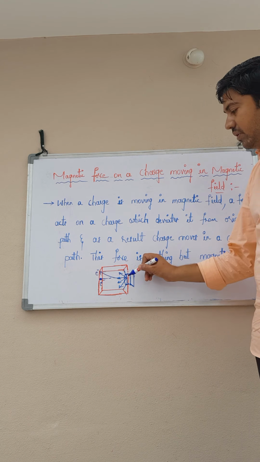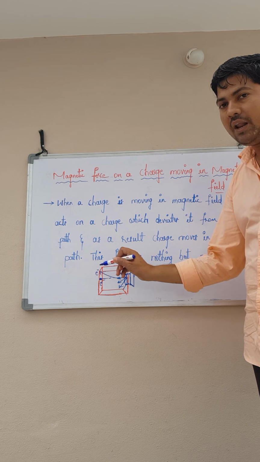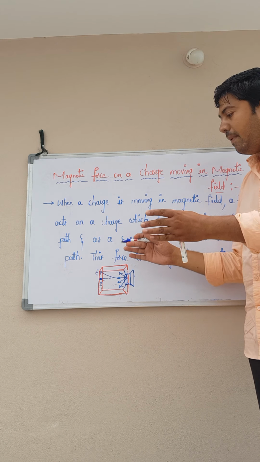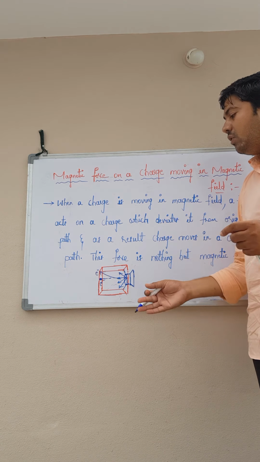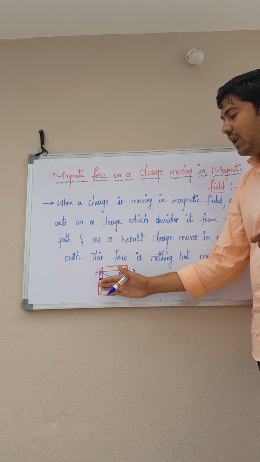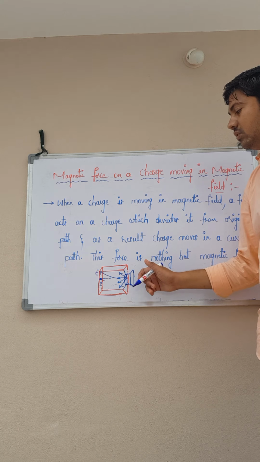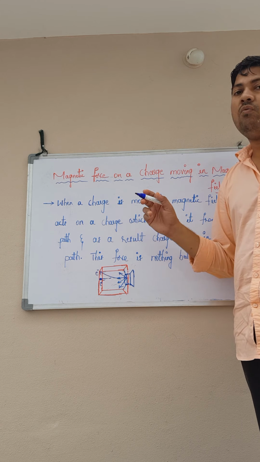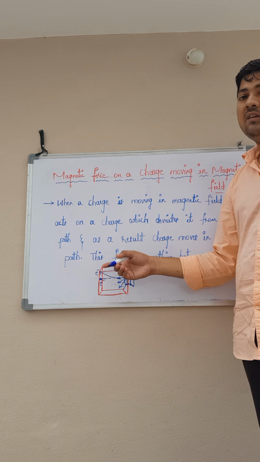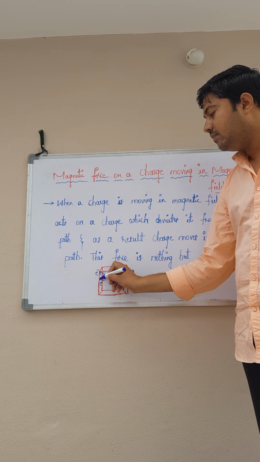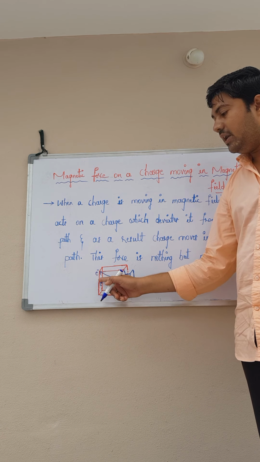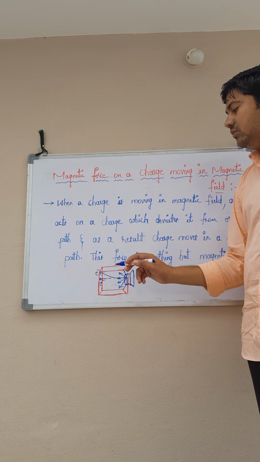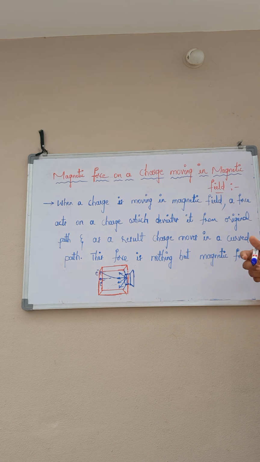Actually, if there is no magnetic field, these electrons should have gone straight in their way. But when you bring a magnet, it will create a strong magnetic field around the TV, and because of this magnetic field, some force will act on these electrons, and because of this force, electrons will get deviated from their original path, and they will move in some other curved path, and they will hit the screen at some other place. Actually, they should hit the screen at this point. But when you bring a magnet, the electron will hit the screen at some other point here, and this will cause distortion in the picture. So this is what happens.